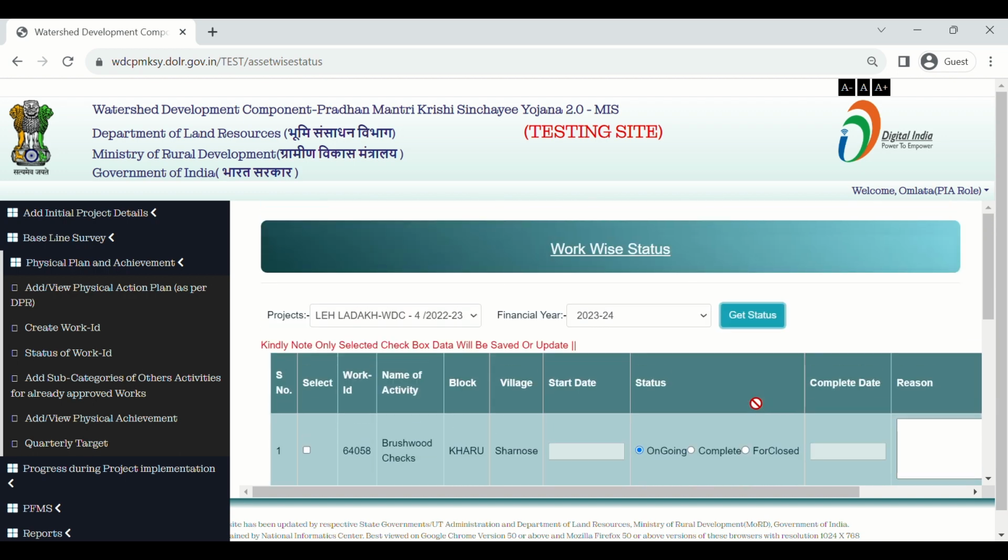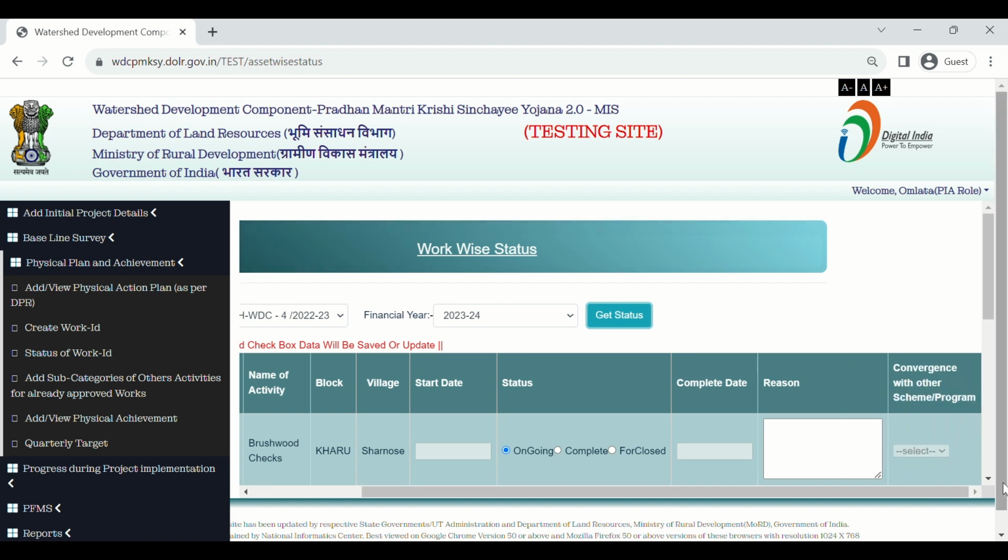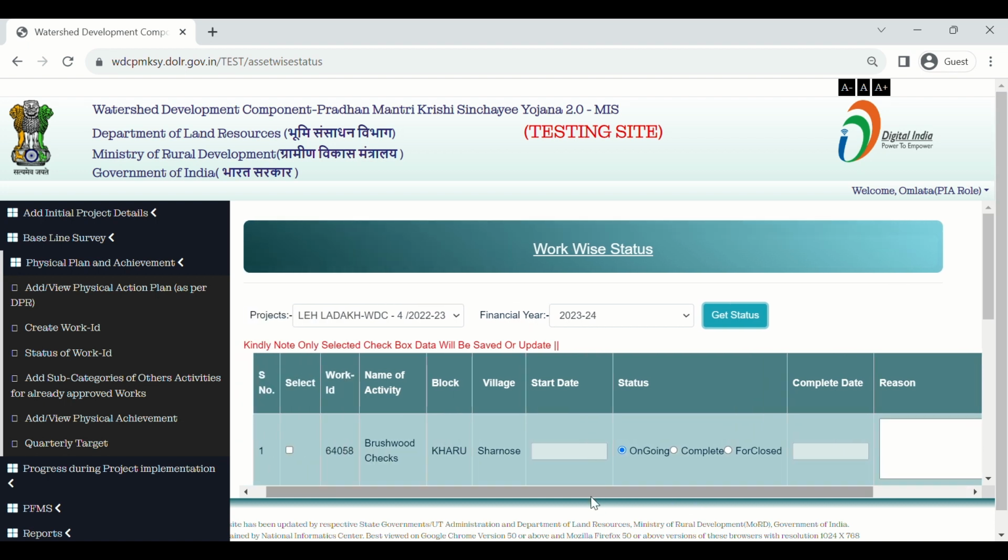Activities are given with their work ID, block, village, start date, status and complete date, region and convergence with other scheme or program. Here you have to save your status ongoing, complete or foreclosed.